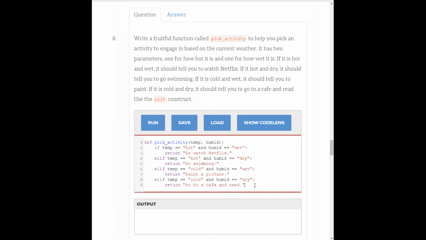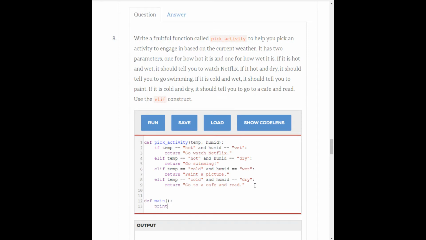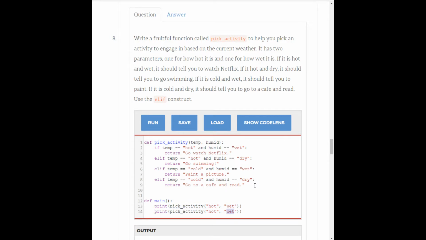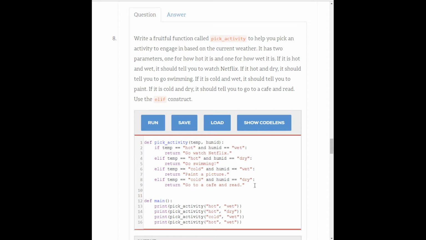So that'll work. Down here, we'll make a main function, and in there we'll print some results. We'll print the value of pick activity, and we'll just go ahead and do all of them. So pick activity, hot and wet. Make sure you pass in strings, otherwise it will not work. So hot and dry, and cold and wet,